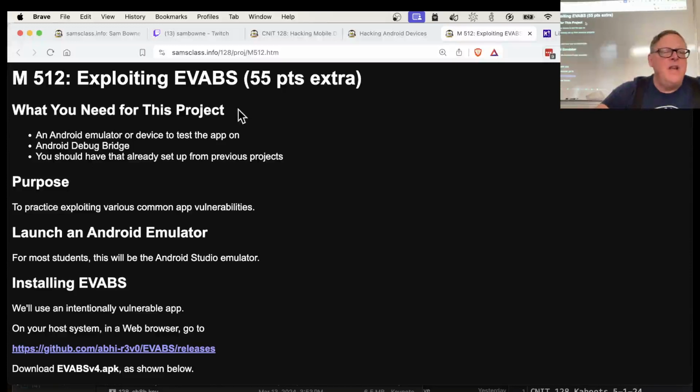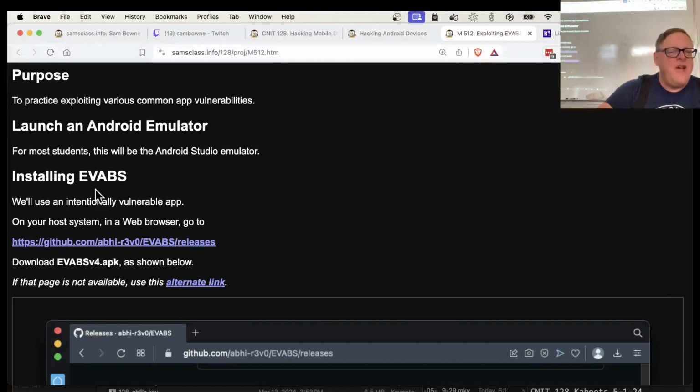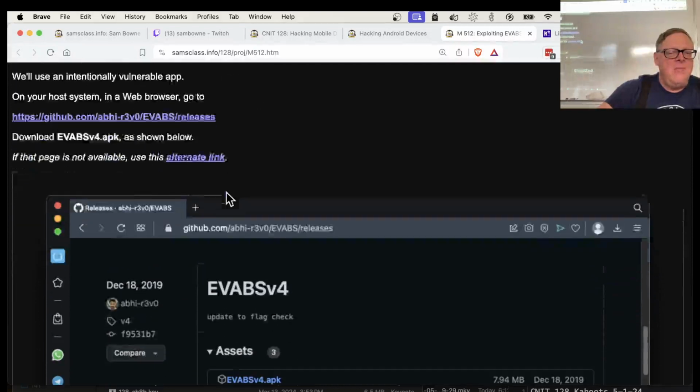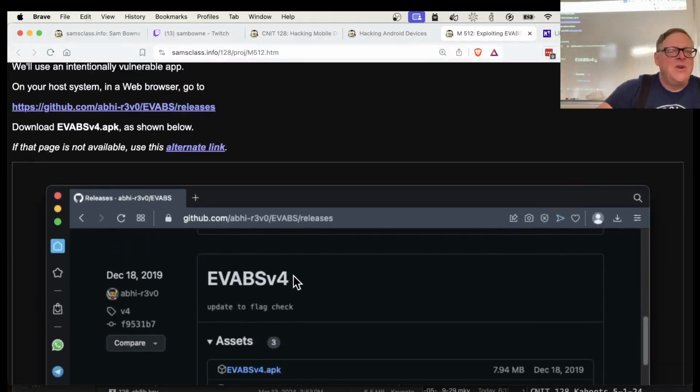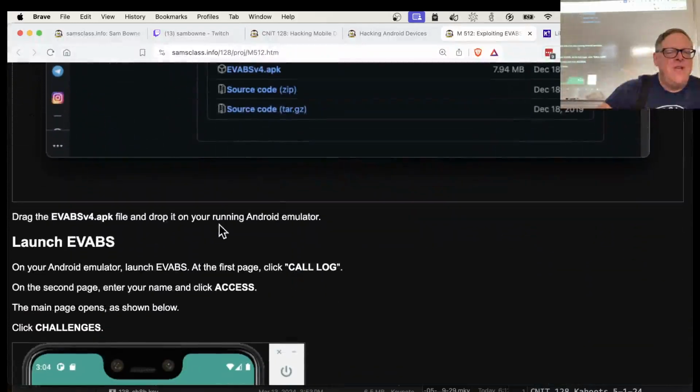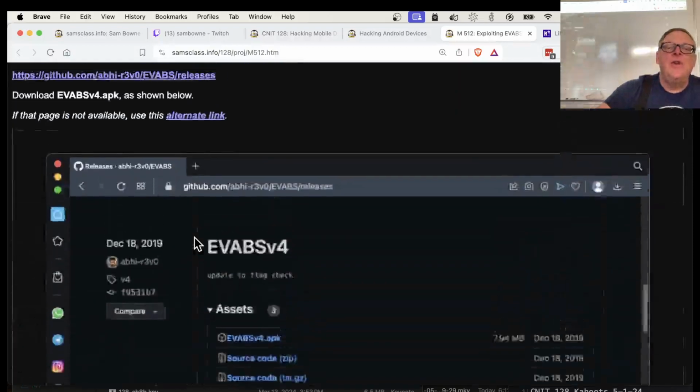Extra credit worth doing, kind of fun. This is a capture the flag contest written by somebody else with many flags, and I solved the first few flags. So you install this thing called EVABS, an intentionally vulnerable app, and it has an APK file. So you download the APK and drop it on your running Android emulator, and therefore you can use, for example,